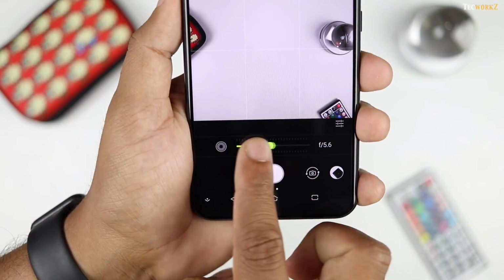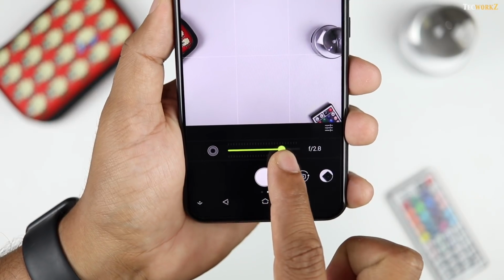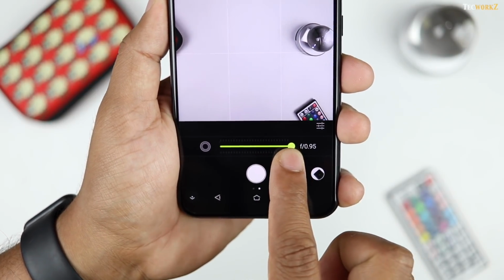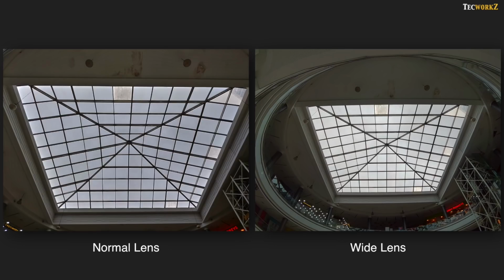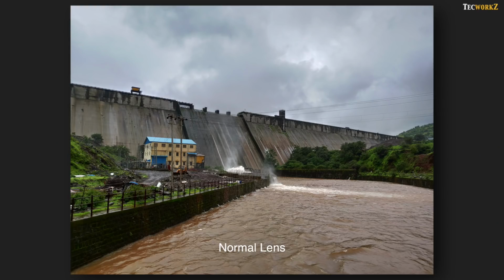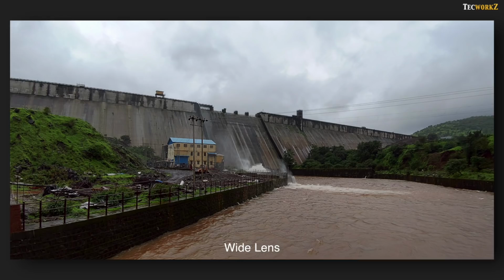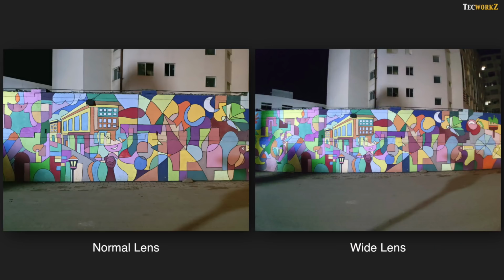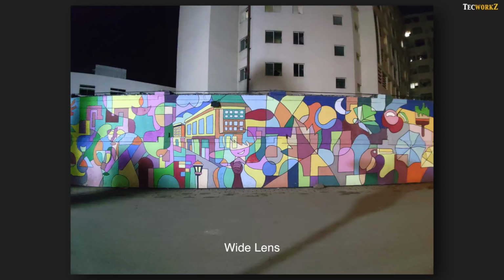You should definitely play around with this slider and determine the sweet spot for the amount of blur that looks most natural to you. Thanks to the wide lens on the secondary camera, you can take interesting shots like this. It helps you capture so much more information than you normally can and gives your image a unique perspective. Since the secondary lens has a lower megapixel count, quality of its images is not as good as the images from the primary camera. The overall image is softer and there are not many details if you try to zoom in on any particular shot that is taken with this wide camera.